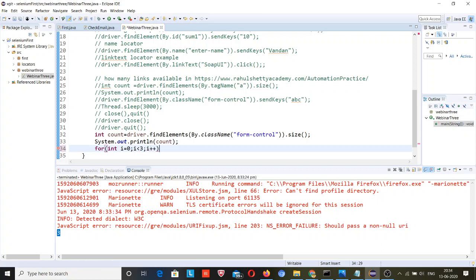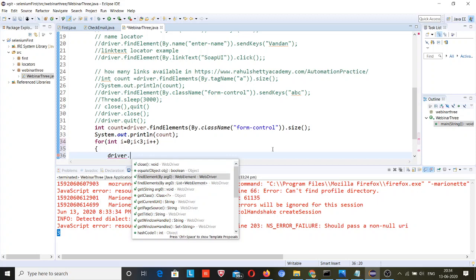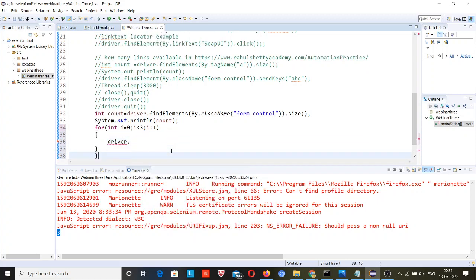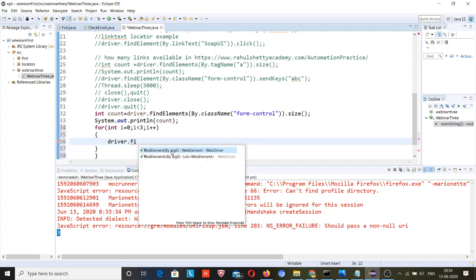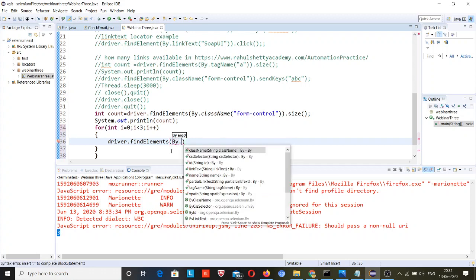What I will do, driver.findElements by class name.